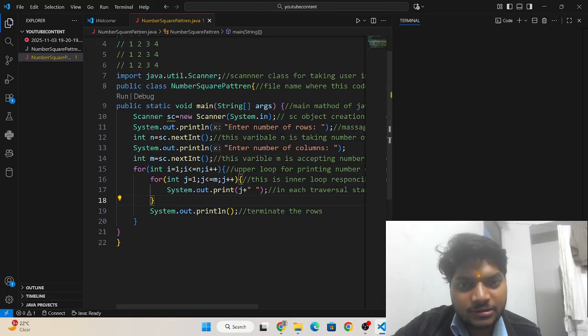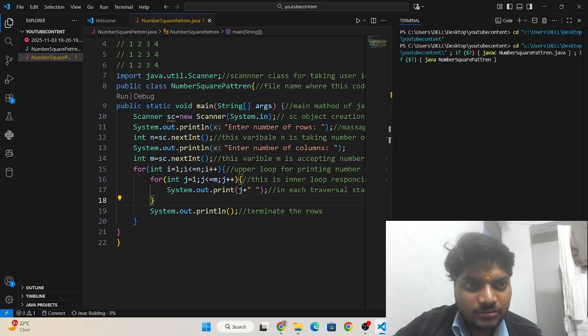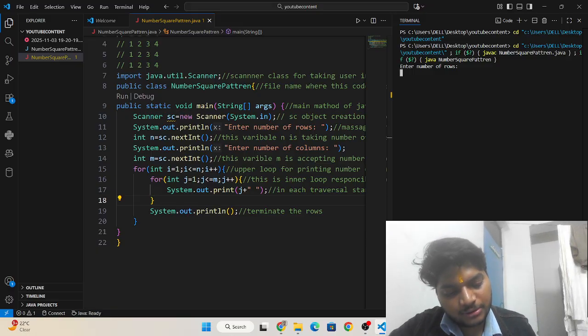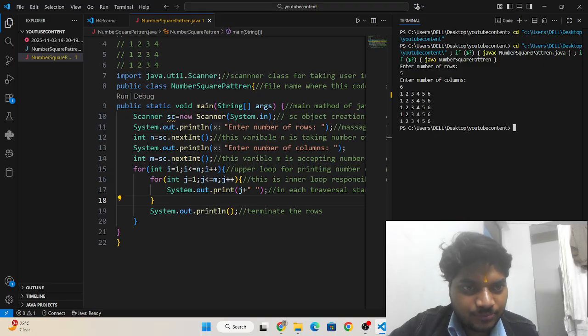Run it again, and then you will see. n is the number of rows, I am entering 5, number of columns I am entering 6. See, the number of columns is 6 and number of rows is 5.